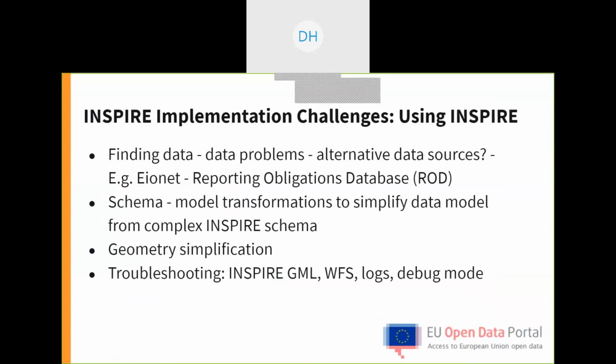So some of the challenges are just finding the data. So this is more around switching gears and looking at how do we consume Inspire data. First, you have to find it. And in many cases, given the fairly rich data structure for Inspire, often for using it within GIS, we have to do a lot of simplification, whether that be schema or geometry. And we've got a bunch of references for troubleshooting